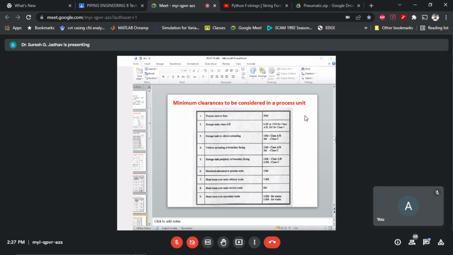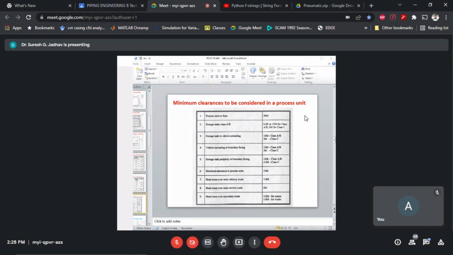Ground shall be graded to form a slope away from pumps, compressors or equipment. The height of the enclosure shall be 30 centimeters on the upper side, gradually increasing to 60 centimeters on the lower side, at the end of which a shallow sump for collecting the spilled liquid, if any, shall be provided. So, for this minimum safety and clearance to be considered in a process unit, we have to follow these norms which were laid down by the